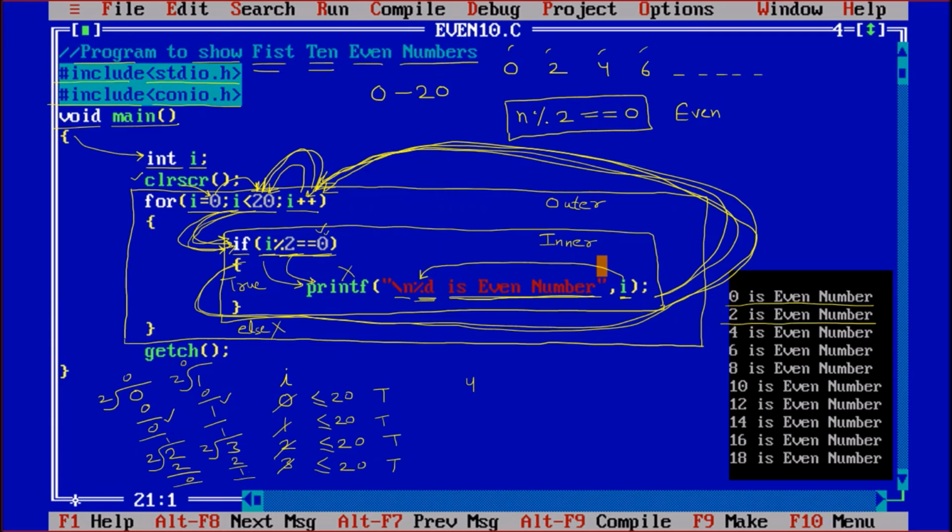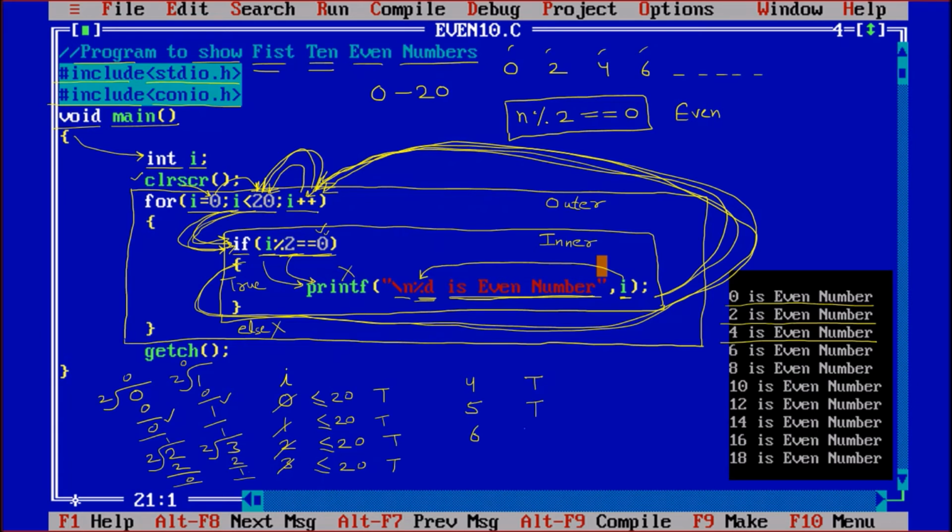Similarly, going to check 4 less than equal to 20, true, and 4 is divisible by 2, correct. So 4 is the even number. Again increment 5, 5 less than 20, true, but here 5 is not divisible by 2. So 5 is not even.